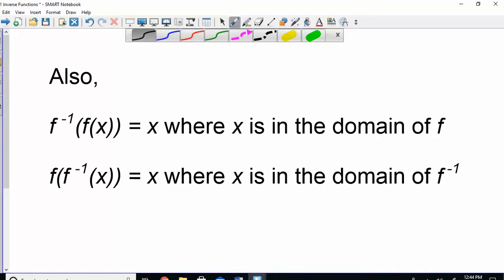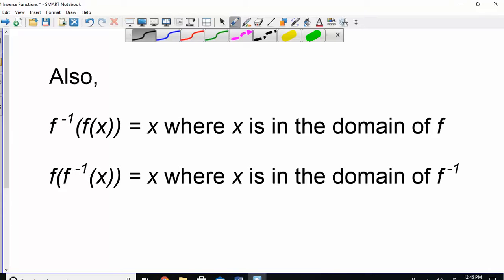One other thing, since I told you that a function and an inverse are opposites, that means they cancel each other out. So, for instance, if I said I'm going to add 2 to a number, what's the opposite of that? Subtracting 2. So if I start with a number, let's say 7, if I add 2 and then I subtract 2, what do I get back? 7. Okay, what if I flip the order? What if I start with my 7 and I subtract 2 and then I add 2? 7. Because they're opposites, if you do both operations, they will always cancel each other out and give you what